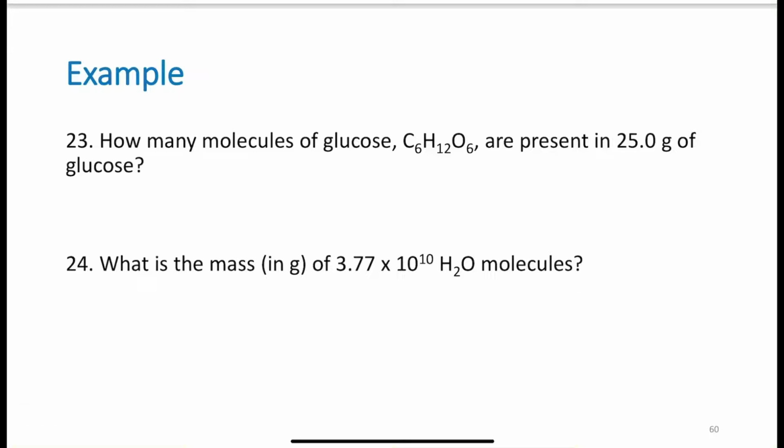How many molecules of glucose, C6H12O6, are present in 25 grams of glucose? So, number of molecules, meaning Avogadro's number, starting with 25 grams of glucose, which is C6H12O6. You do have to find the molar mass here. When you add this up, you should find the molar mass to be 180.2 grams per mole. So, number of molecules, starting with 25 grams, convert to moles,